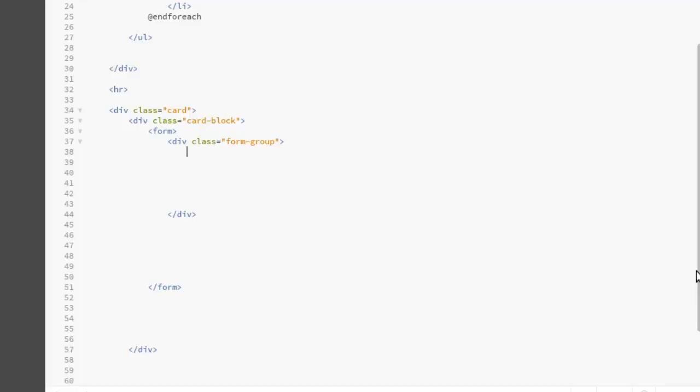Now we're going to have a text area. Just going to close up all that structure. Name, let's give it body,